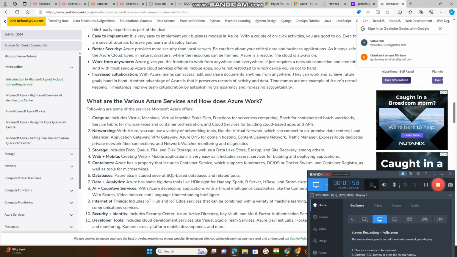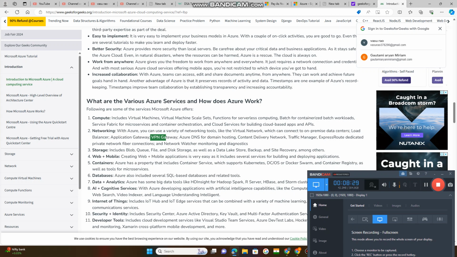Content delivery network and traffic management come under these networking services. A virtual private network is used between your private network and the public network for security aspects. Suppose you have your private network and you want to connect with a public network like the internet, at that moment this virtual private network provides security features.